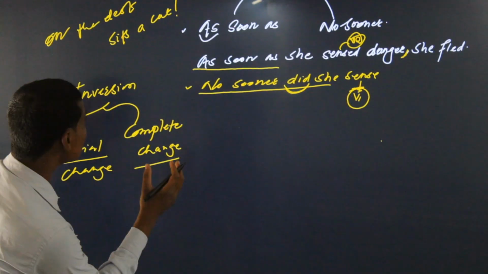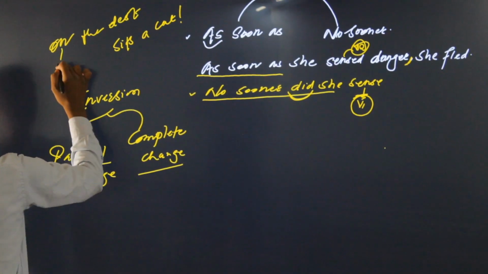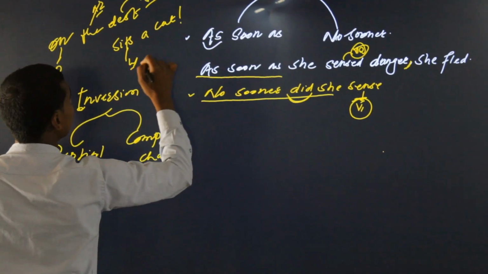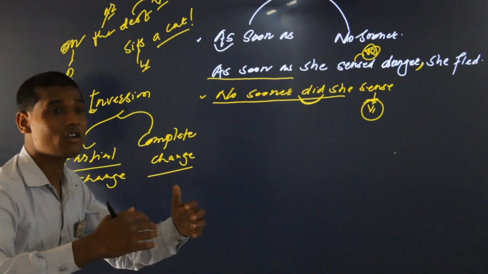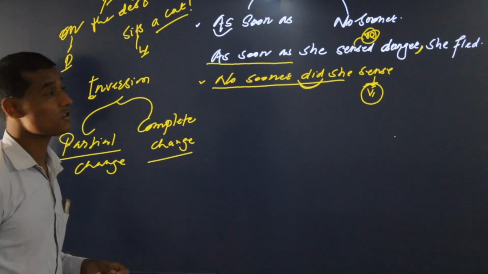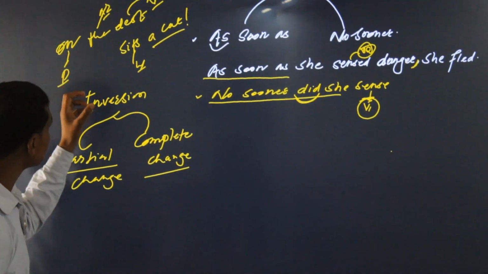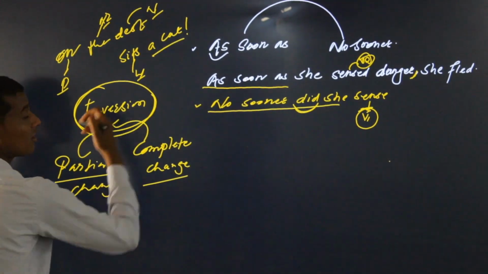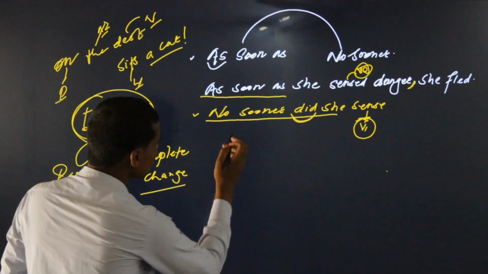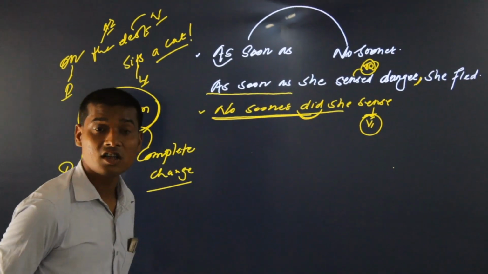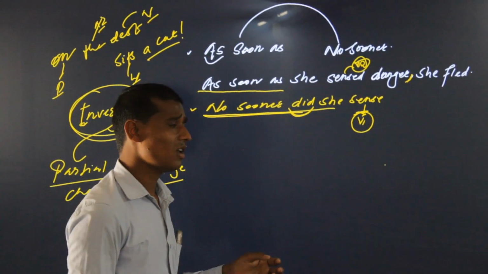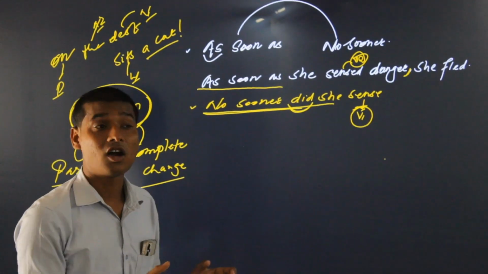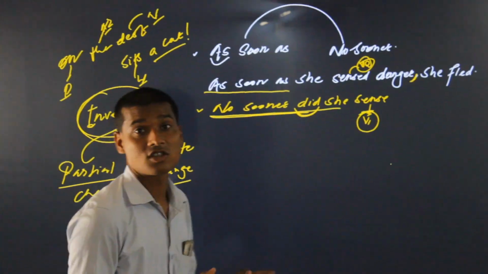So when we completely change a sentence, for example, we have a preposition here, an article here, a noun here, a verb here, and the subject falls at the end of the sentence. So in this case, we understand that this becomes an example of complete change, and it is from inversion. There is a chapter. And this is an example of partial change. In competitive examinations, you can find this sort of sentences in which you are told to find out some sort of error.